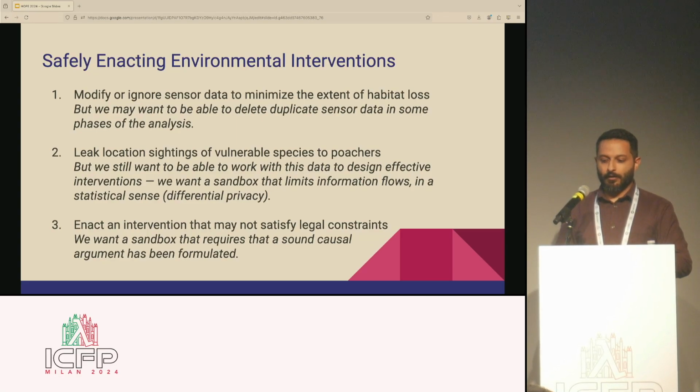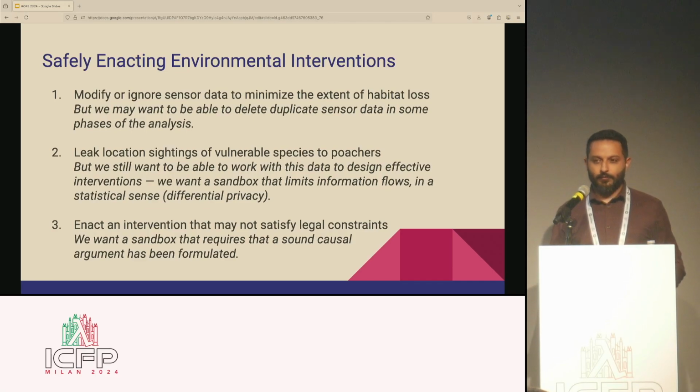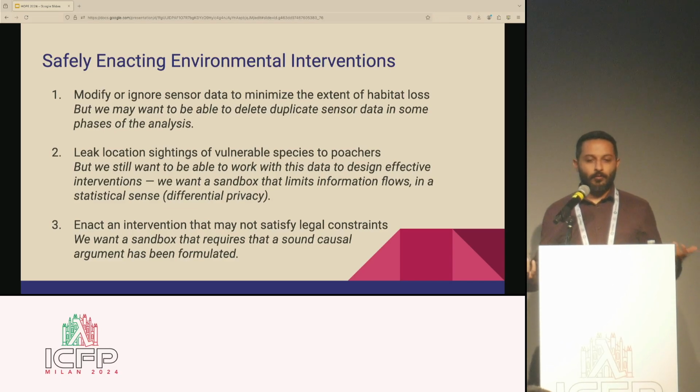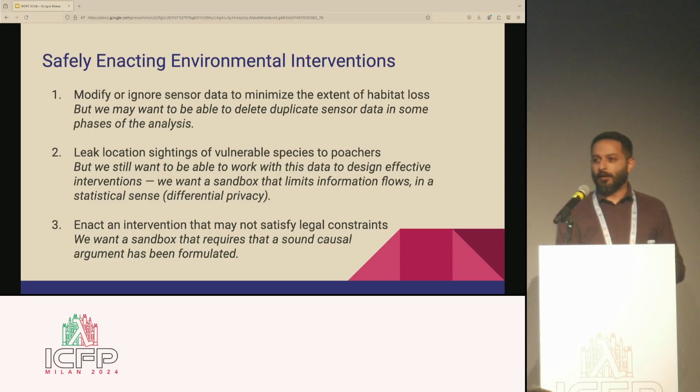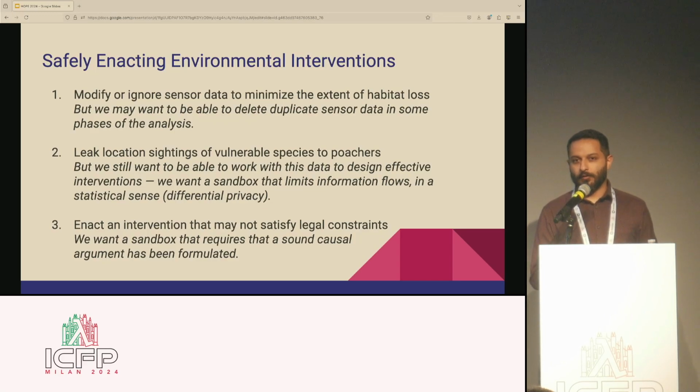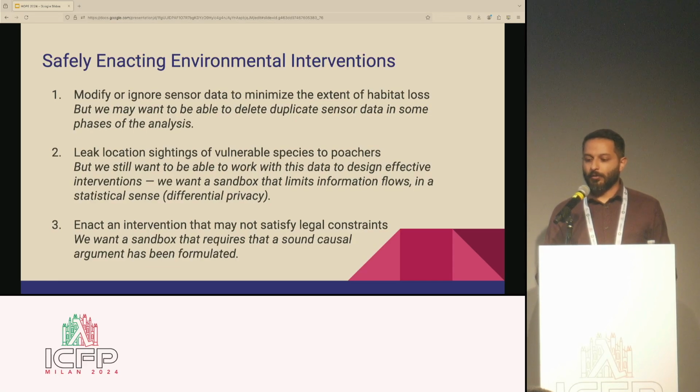For things like information flow, we have to turn to heavier weight methods from the research community on information flow control and differential privacy, but that's work we've been doing as a community well before the AI stuff made it even more relevant. So here are opportunities for us to do that research in a setting that a lot of people care about. And then, again, with the legal constraints,